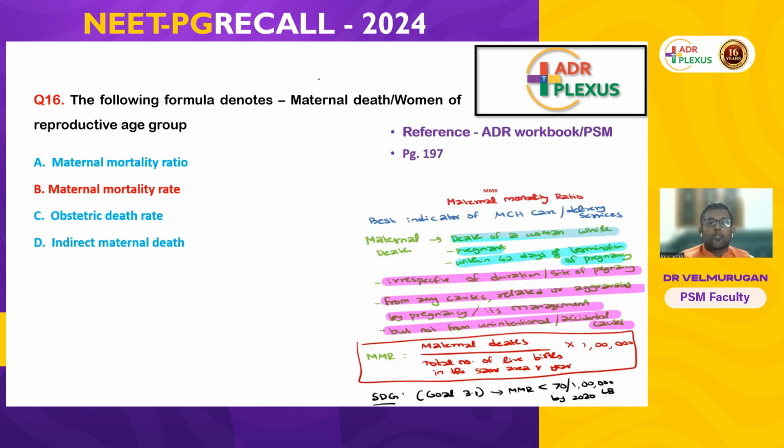The following formula denotes, so the numerator, denominator. The numerator is maternal death. If the numerator is maternal death and denominator is live birth, then it is maternal mortality ratio, because numerator and denominator are different quantities. Maternal death, mother's life; denominator, child life, live birth. If they are different, it is maternal mortality ratio. But see here, numerator is maternal death, mother. Denominator also belongs to the mother or the woman of the reproductive age group. So both of them are similar. Every woman becomes a mother. So both are of similar quantity. When the numerator and denominator are of similar quantities, then we call it a rate, maternal mortality rate.